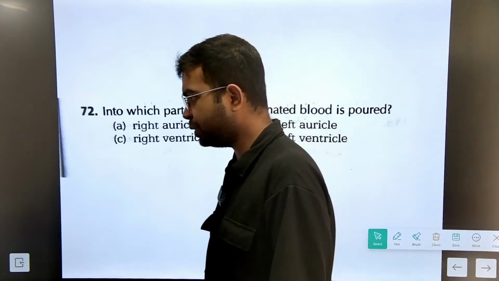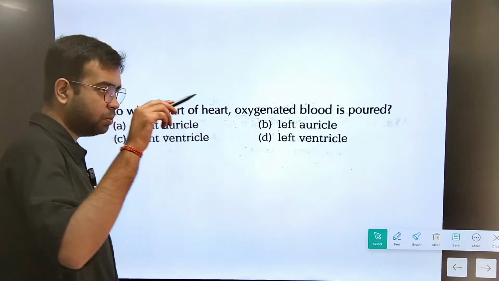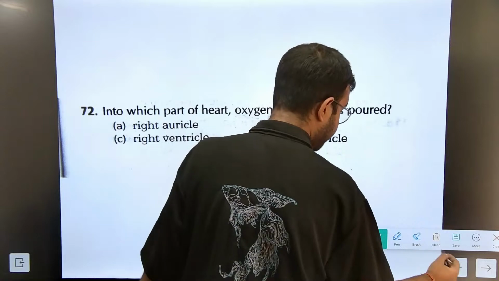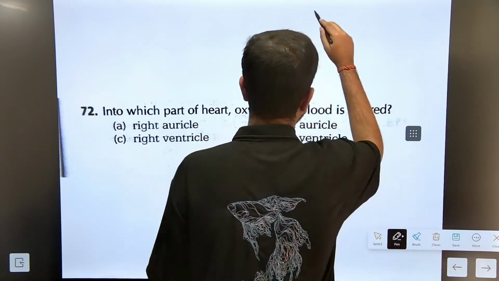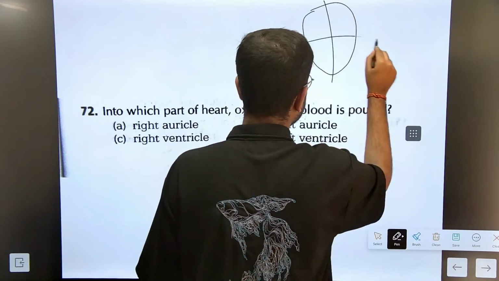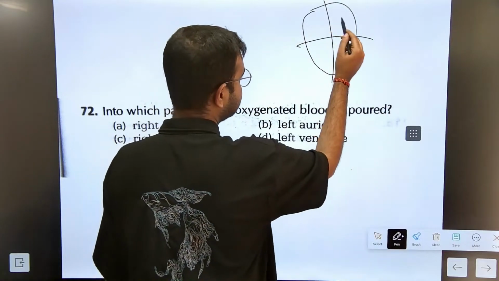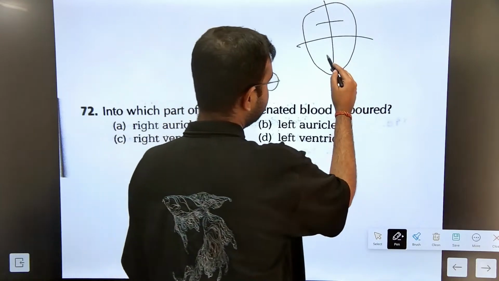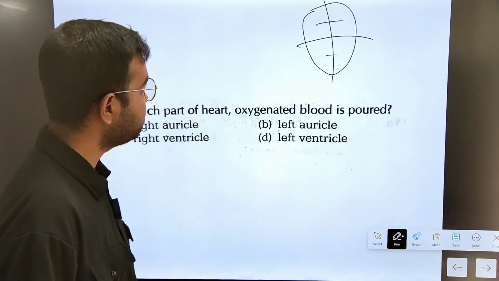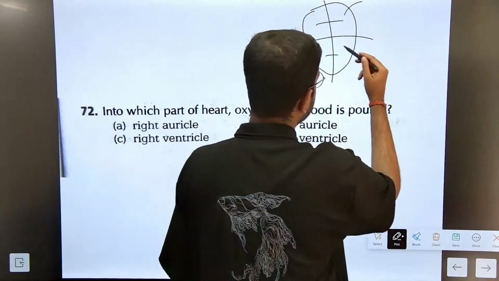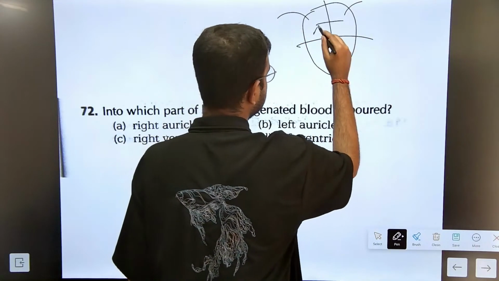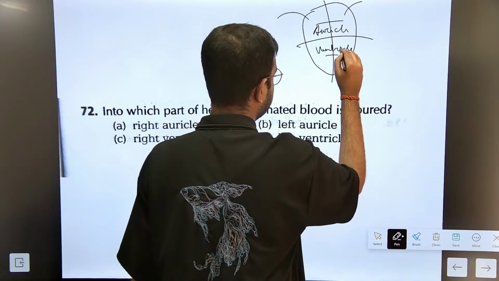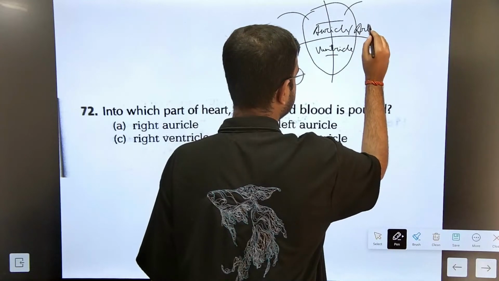Now, the next question is that when blood circulation is taking place in the body, we know our heart is divided into certain parts. Suppose this is our heart; it has 4 chambers. The upper chambers are known as the auricles or atria, and the lower chambers are known as the ventricles. This is the left auricle, these are the auricles, these are the ventricles, auricles or atrium, sorry.